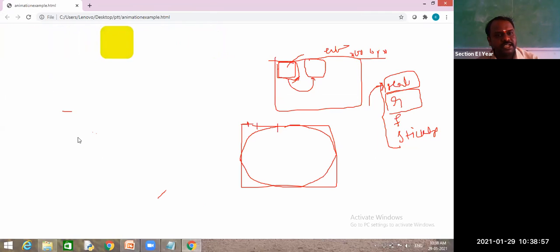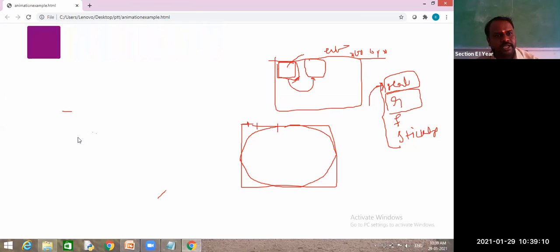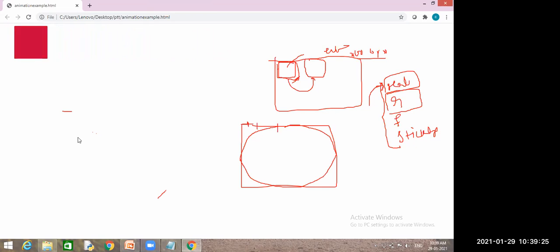Can you find any changes, or is it moving linearly? Any increasing, decreasing? No, sir. From top starting to ending, it is moving with the same speed. So this is the animation timing function to give linear speed. Linear means like a scale time.